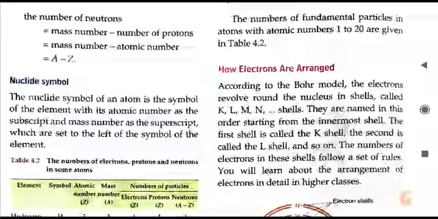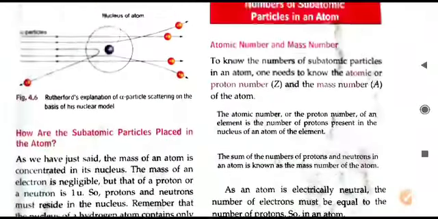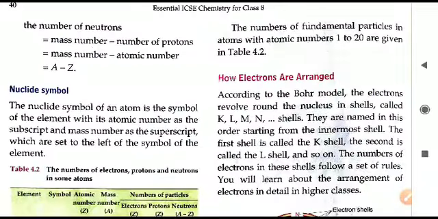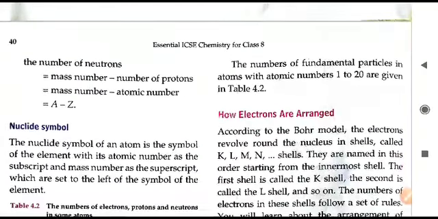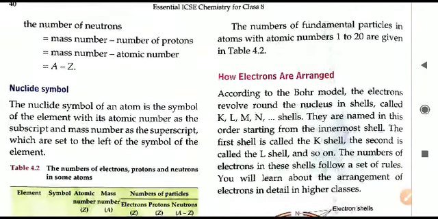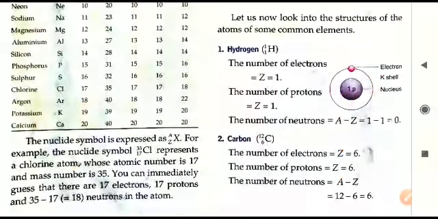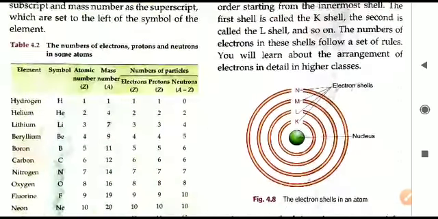So that is all the calculative part. We have seen how to calculate the atomic number as well as number of the protons, how they are related to the atomic number, how we can calculate the mass number, and based on the mass number how we can find out the number of the neutrons. All these topics we have seen now. So we have completed the calculative part.